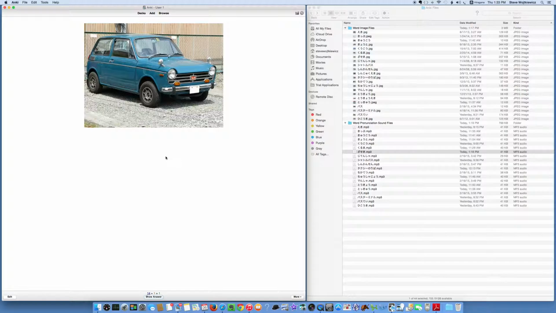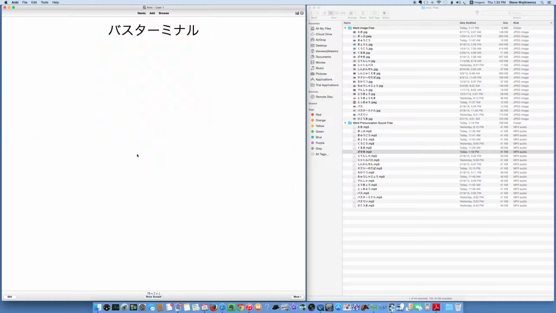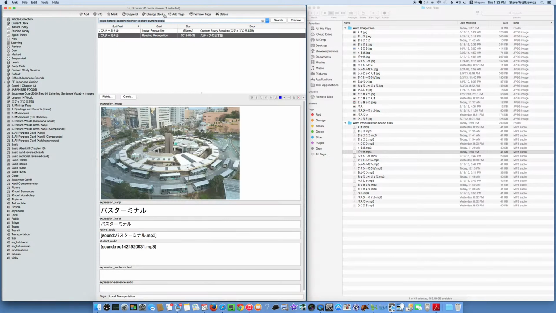Here's another image that happens to be the same kind of, exact same kind of car I had when I lived in Okinawa. Kuruma. I don't know when the Zaseki card will come up, I can go to Browse